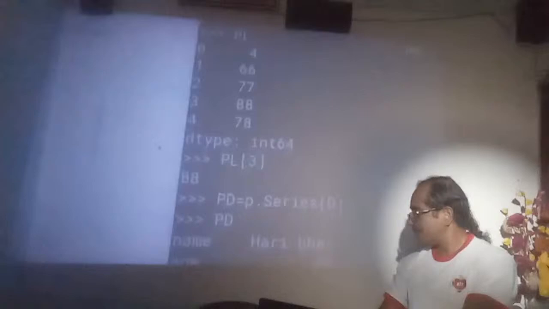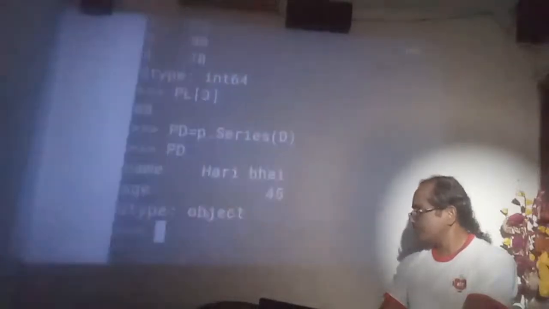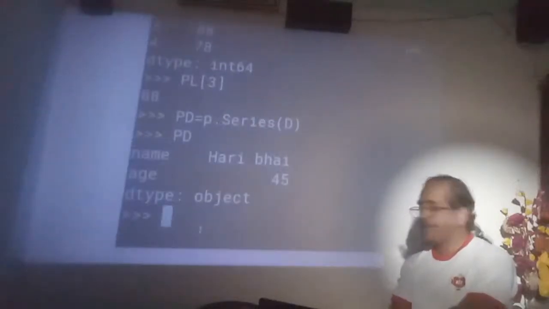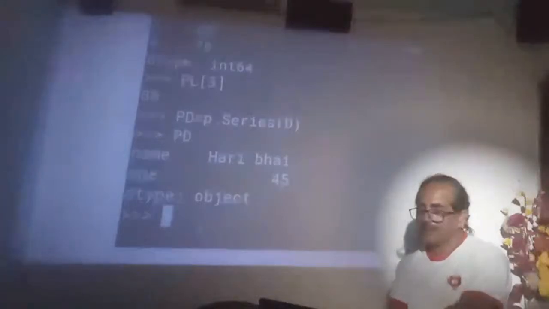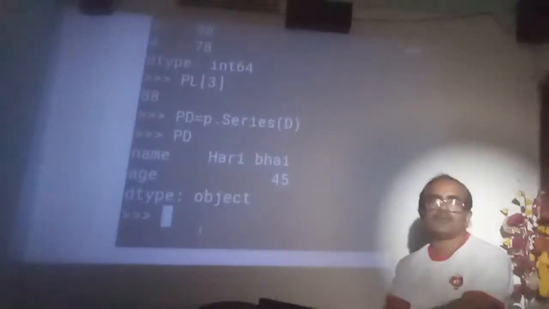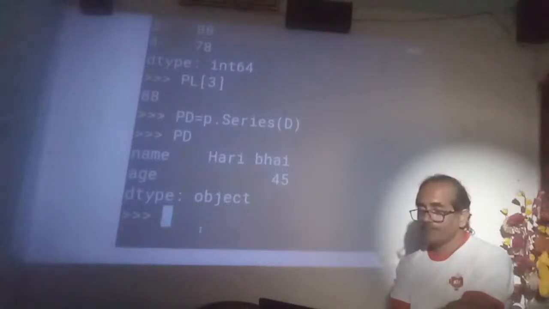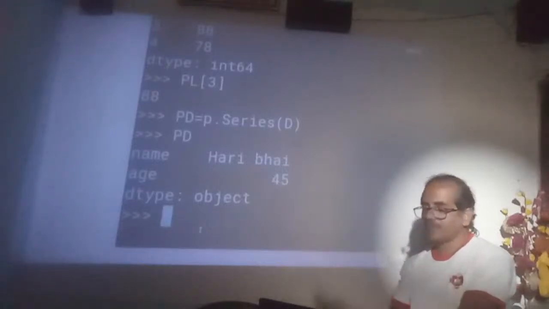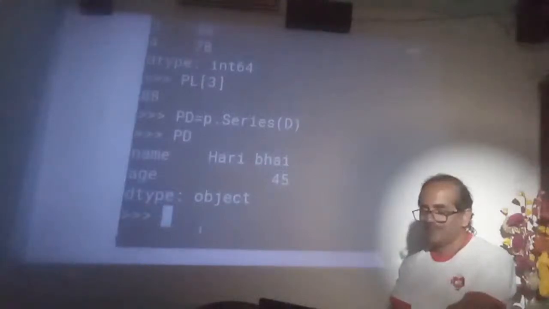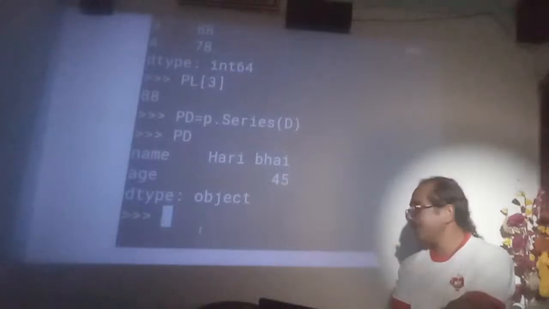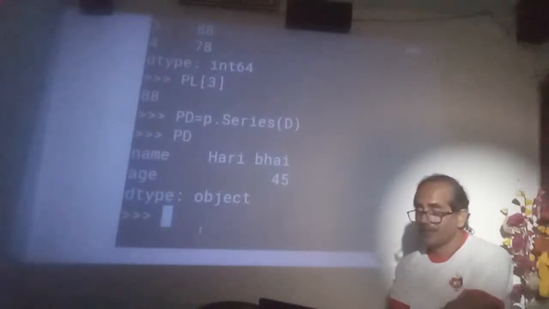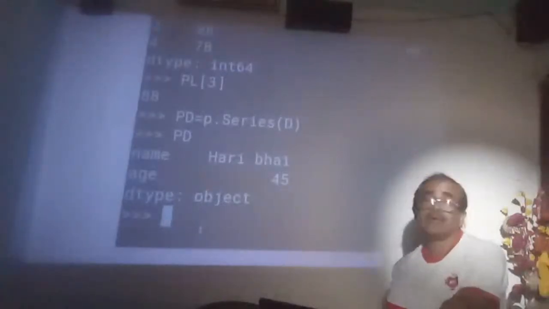This is a dictionary, so the first column will represent the keys, and the next column will represent the values. Name and age are appearing as keys, and Haribhai and 45